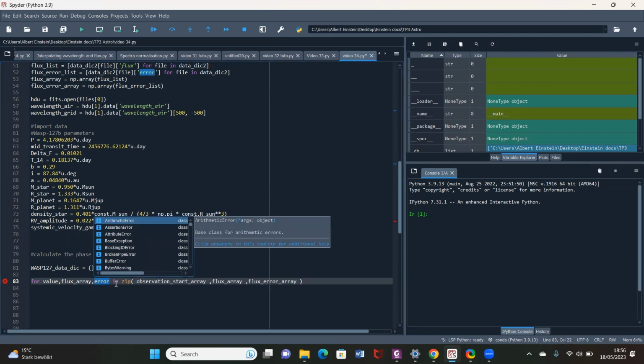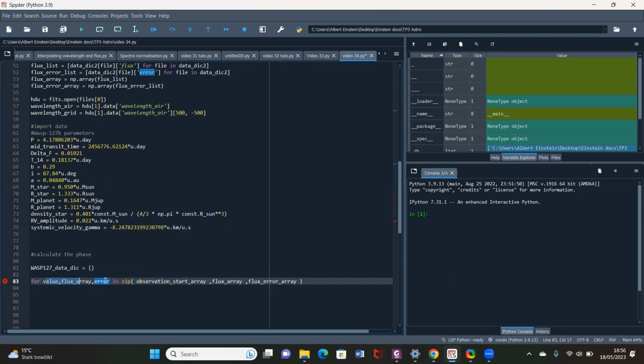So it's very practical to use zip when we have a set of arrays, and we want to manipulate the three. We want to use information in each of them to do a calculation. It's more practical to use the zip function. So I need to add a colon. Yeah. So for all that, we are going to define the phase